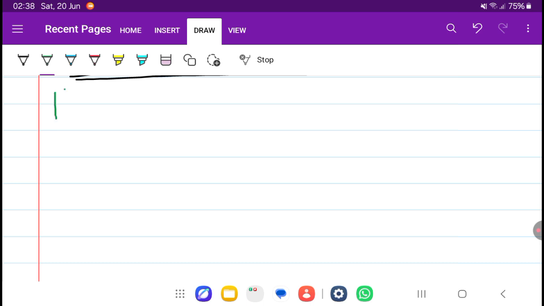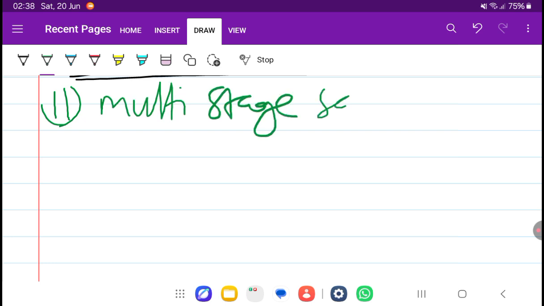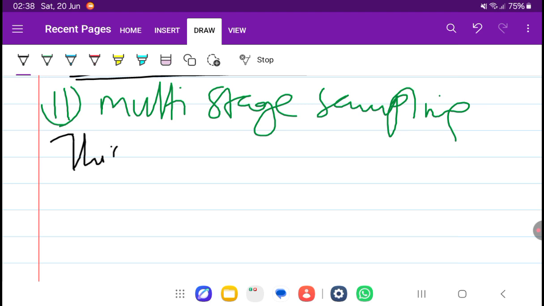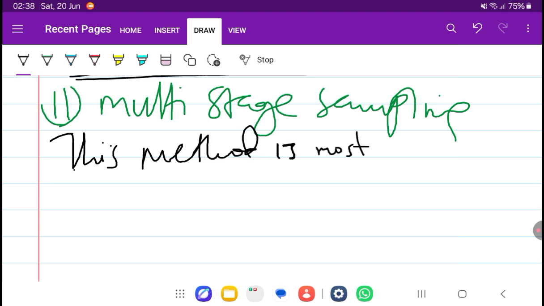So this one is multi-stage sampling. Multi-stage sampling, of course, this method is most suitable when